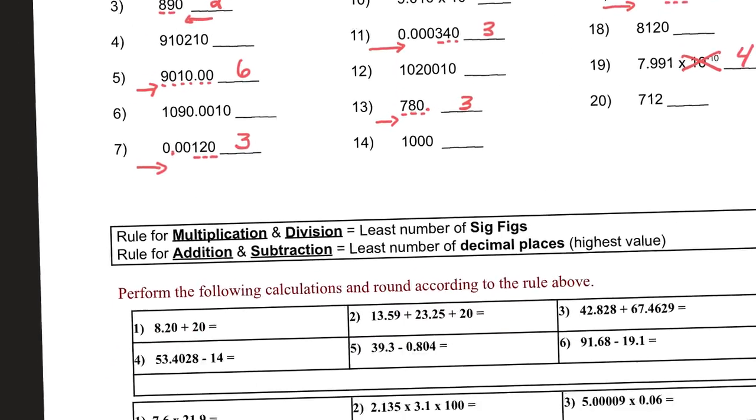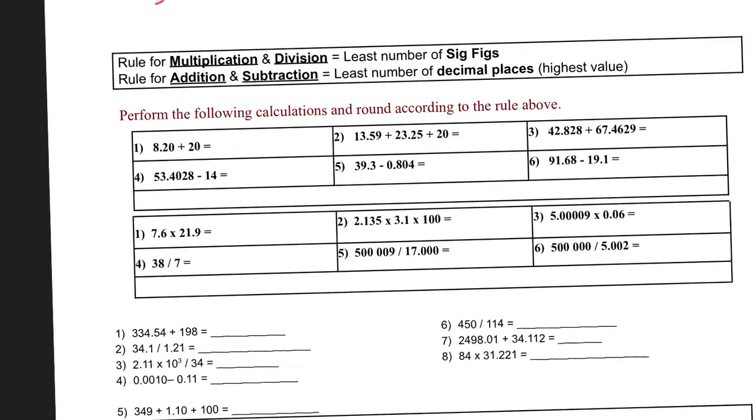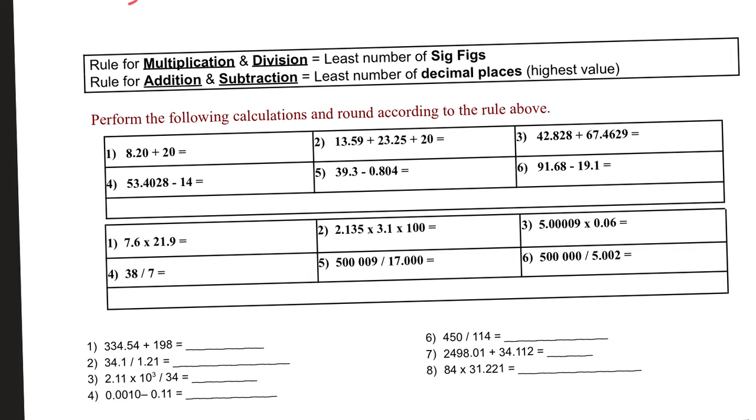All right, let's do a little bit of addition and subtraction problems. And I'm going to grab a calculator here. Now, the rule for multiplication and division is we're going to be counting significant figures. The rule for addition and subtraction is the least number of decimal places, or the lowest value. So let's take a look at these 2 numbers. So for these 2 numbers, when I add them together in the calculator,